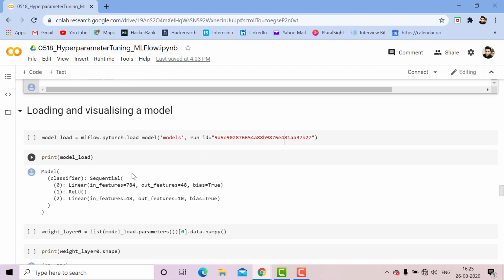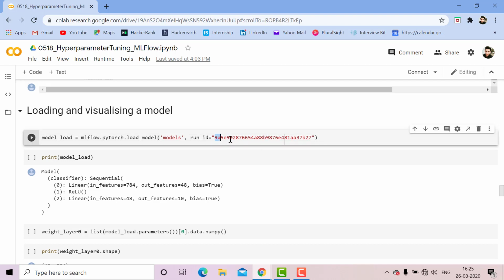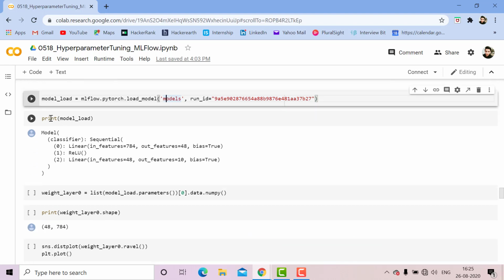Now loading and visualizing a model. model_load is equal to mlflow.pytorch.load_model function. Here run ID is given, you can see on the screen, and models. Print model.